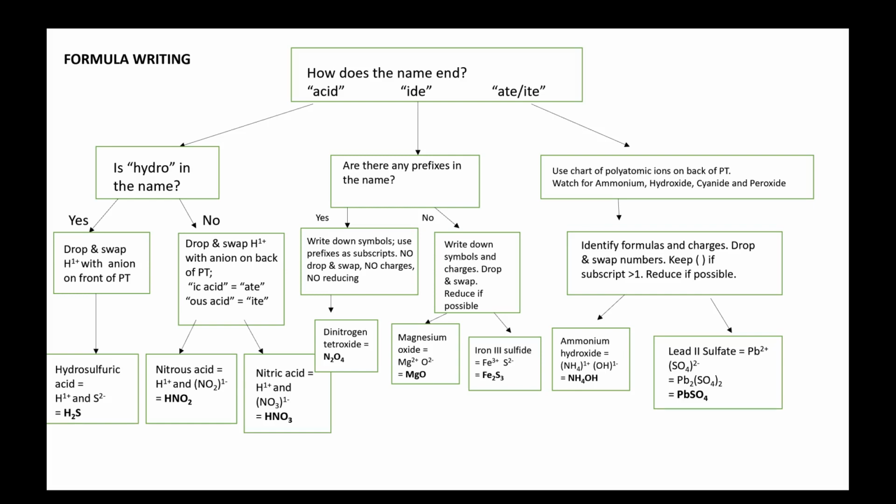So lead 2 sulfate, that's a Roman numeral. Pb is 2 plus, SO4 is -2. When you drop and swap, they both have 2s outside the parentheses, so it reduces to 1:1. Okay, so that's writing formulas. Naming it, and again, sorry for all the arrows,